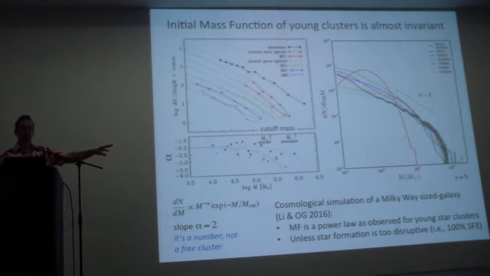Basically what happens in that case, the star formation rate is so condensed and the feedback is so strong that it blows out the nascent molecular clouds in which the star clusters form, and big clusters just don't have the time to assemble. In all other cases, there is a fairly robust prediction for the mass function, with some variation at low masses, but this is a very good result, and this is the same slope as we see in observations.